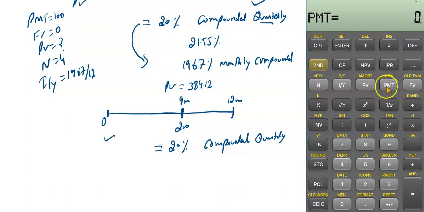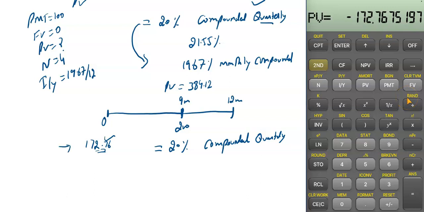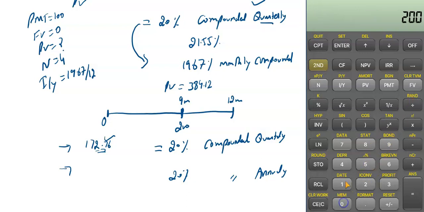PMT is 0. So compute the present value. That is 172.76. And if this is 20% and compounded annually, how to calculate the present value? Future value is 200, PMT is 0,